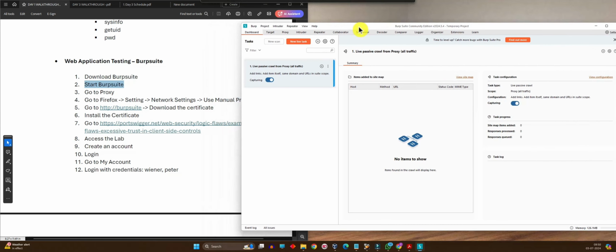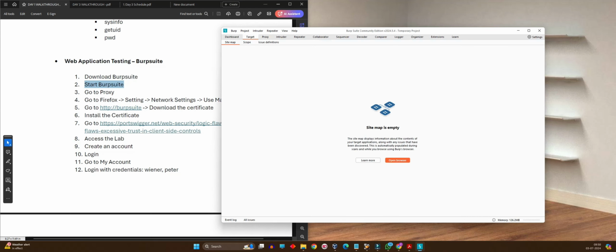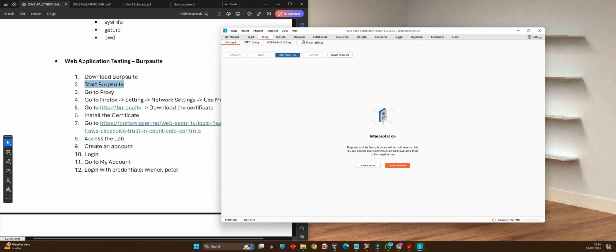Once you start Burpsuite, it will look something like this. If you see the interface clearly, there are multiple tabs or multiple things which you can perform using Burpsuite. There is something very interesting, and that is what we are going to use today, what we call a proxy. Technically speaking, a proxy is something which does some task on your behalf, right? But how? In networking terms, a proxy is a web server. We can say in simple words, in layman terms, a proxy is nothing but a web server which redirects the communication